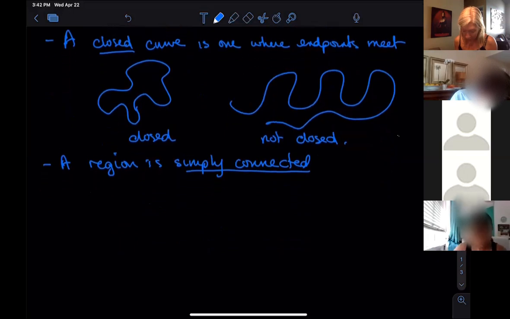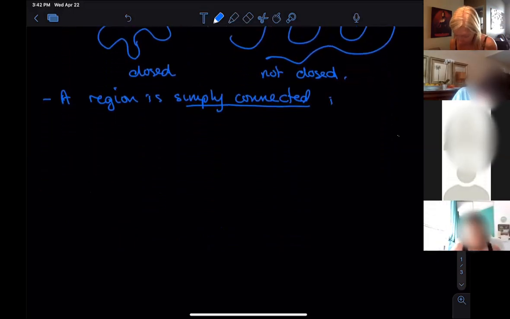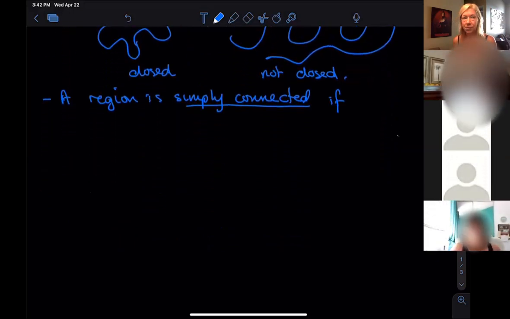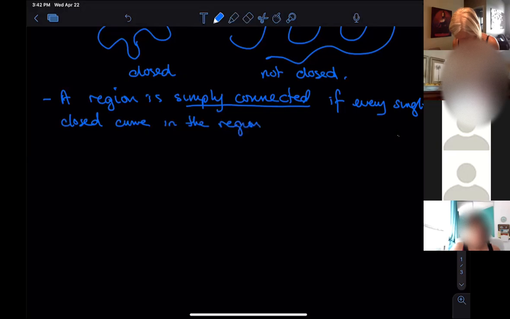Okay? So a region is simply connected if every single curve you can draw in that region can be pulled down to a point without exiting that region. I'm going to write that down, then I'm going to draw a picture of what I mean. Every single closed curve in the region can be